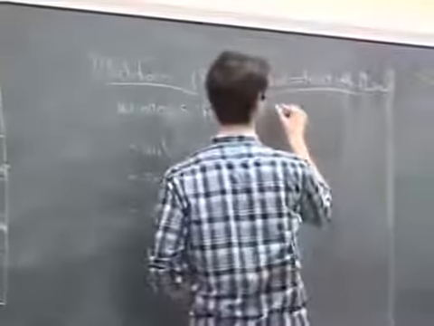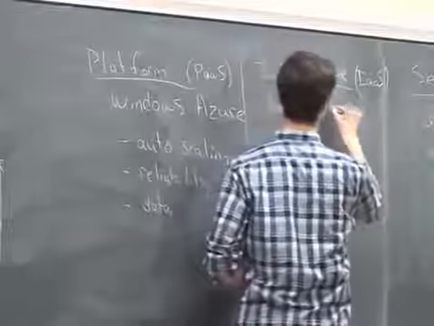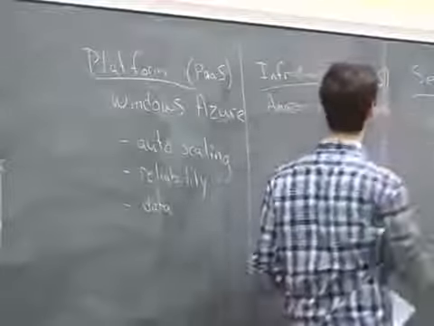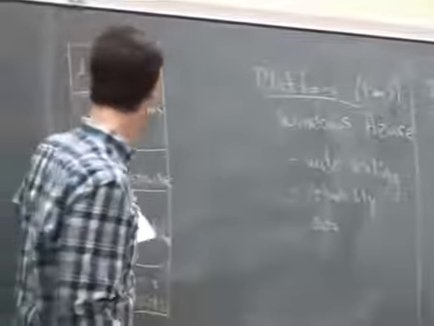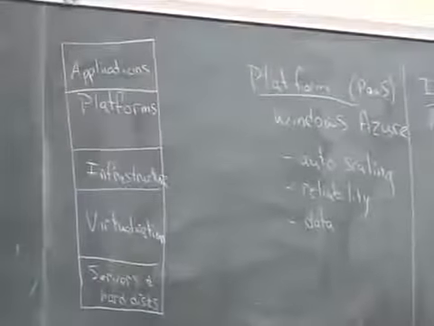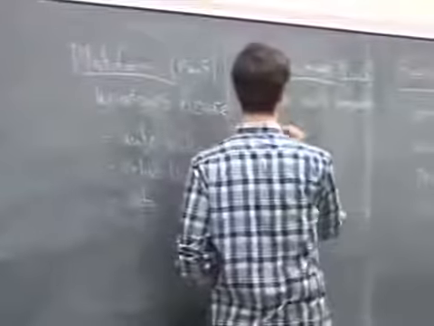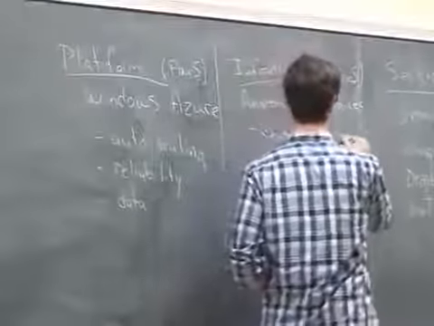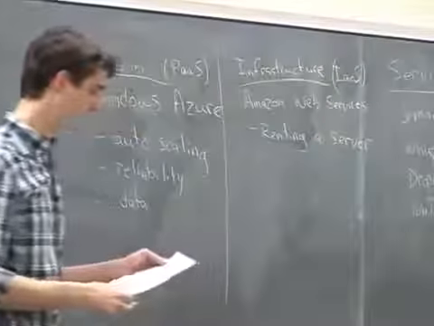And examples are Amazon's web services. So if you're building an application at the infrastructure level using infrastructure as a service, this is this idea of renting this compute power, okay? You're essentially renting a server. Okay,